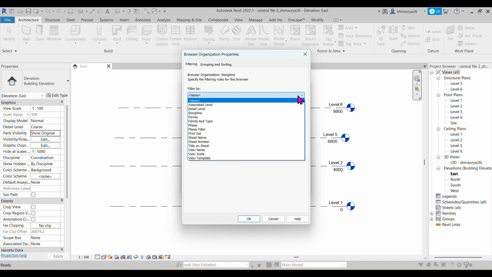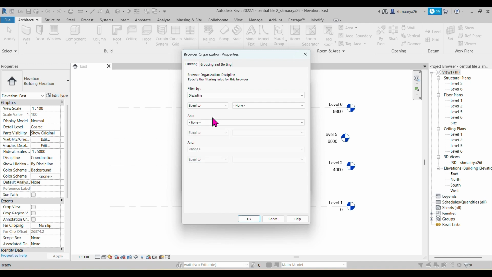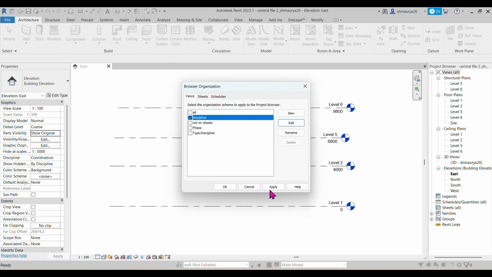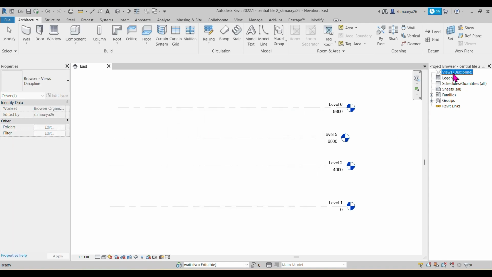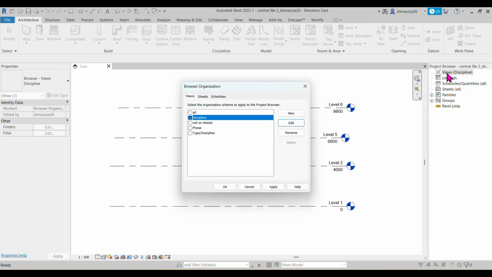So if I click here on filtered by, I wanted discipline, right? I will just click OK. If I click OK and apply, here you can see, I just don't have the plus sign here. It is just filtered by discipline only. So for that,